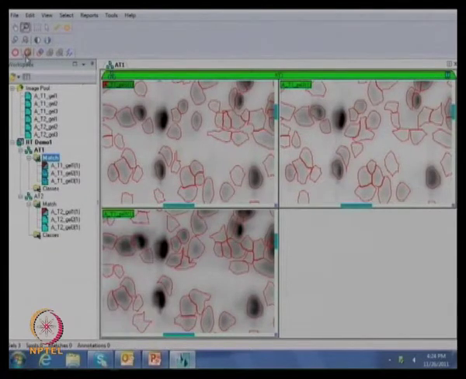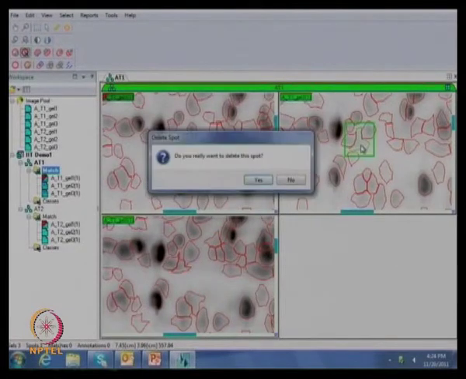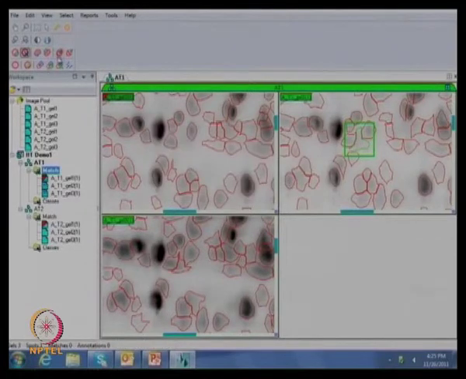Like, one has to go to edit the spot. There is an option, edit enable. Go there and just delete the spot. Wherever the spot you would like to delete, this particular spot I am not interested in, then I can delete it. But before we take the decision, can we just have a look at the 3D profile of this, to ensure that we are not deleting a real spot? Definitely.